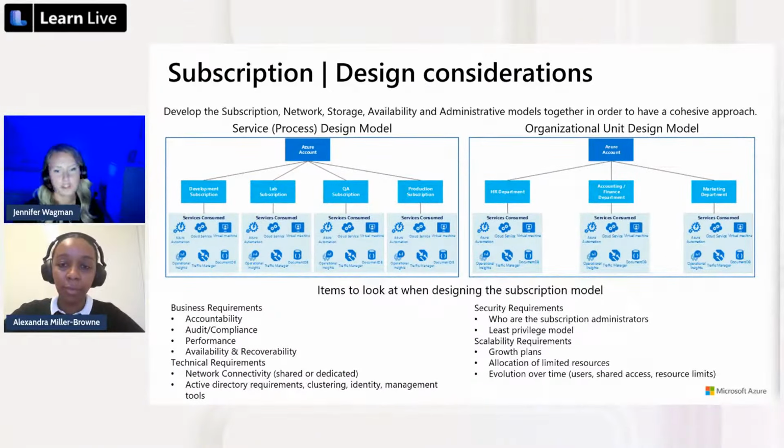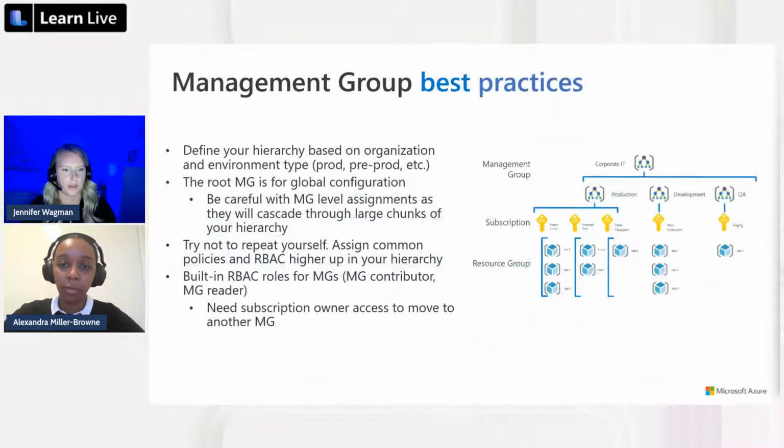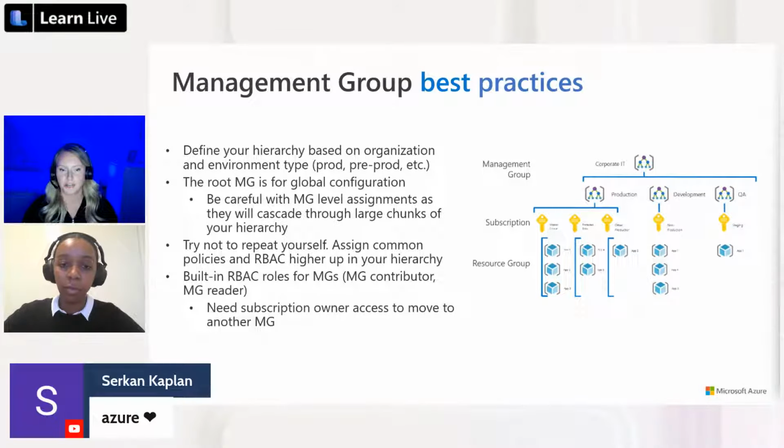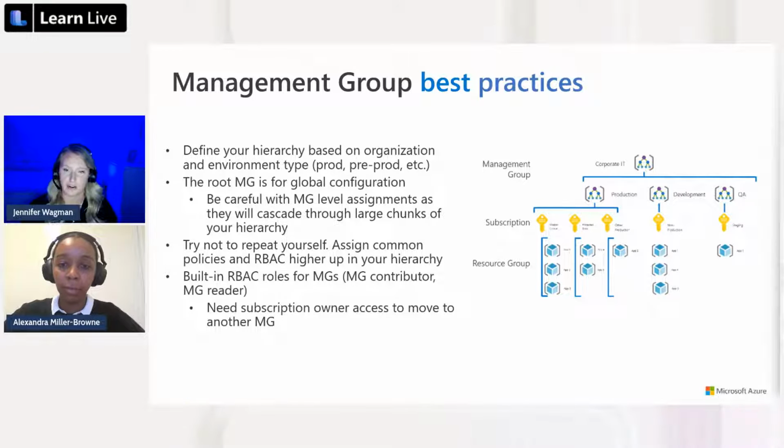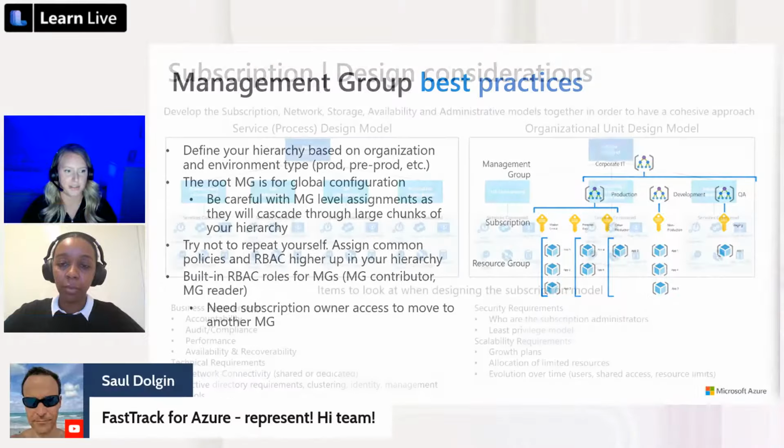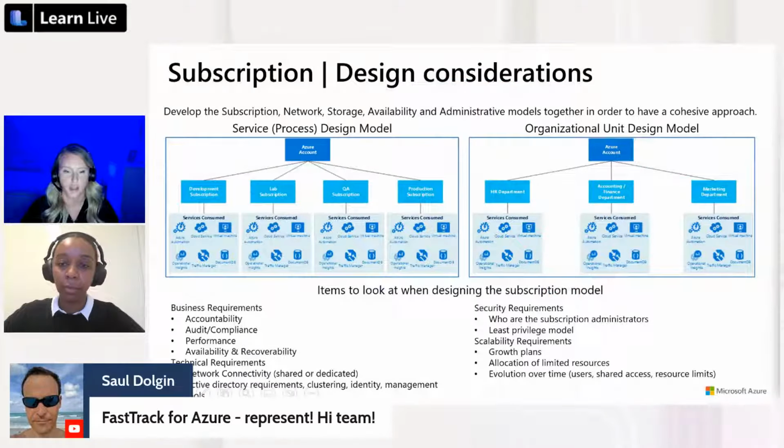So a bit on subscription design. We did see previously that you can have different levels of hierarchy with your management groups. Actually, just jumping back to that really quick, if you aren't familiar, you can have multiple levels of hierarchy. So when you see here that there's the corporate IT management group and then the production below that, you can actually have multiple different levels below that. You could have up to 6 additional vertical levels of hierarchy in there. Keeping that in mind as we talk about subscription structure, you can ultimately break up your subscriptions into much more granular containers,